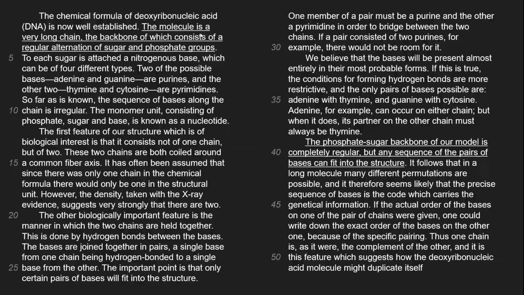The molecule is a very long chain. There's my first point. When I'm practicing, I actually write this down on a scrap piece of paper. The molecule is a long chain. That's the first piece of information. Then it says, the backbone of which consists of a regular alternation of sugar and phosphate groups. So the second detail is that the long chain has a backbone which has a regular alternation of sugar and